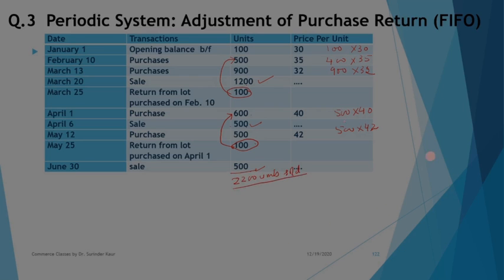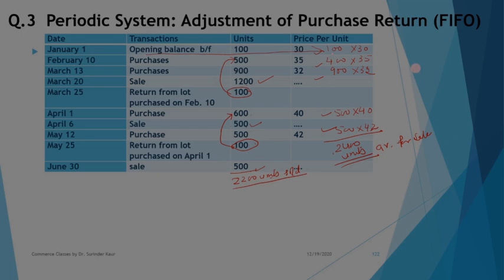And if you compile the purchases plus opening balance, then in all you have 2400 units at varying prices as units available for sale. So these were the units available for sale as per the lots. This will be considered for calculation of closing stock as well as your cost of goods sold. Now we can determine closing stock in units also. In all we had 2400 units including the balance, isn't it? That is why we are saying these are the total units available for sale.